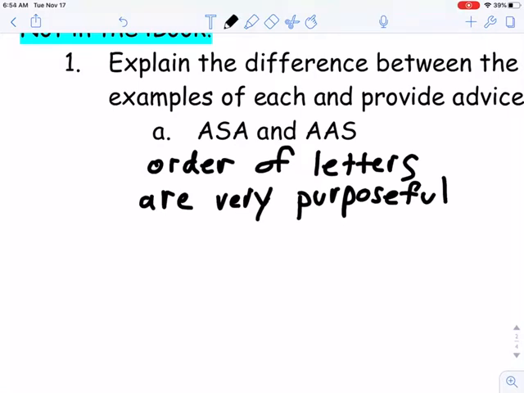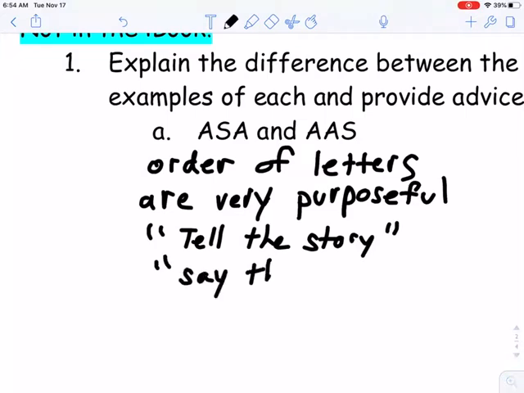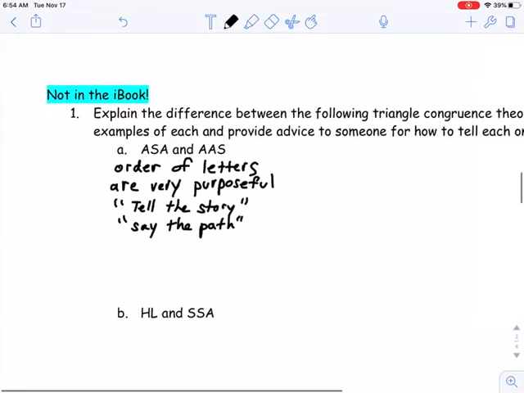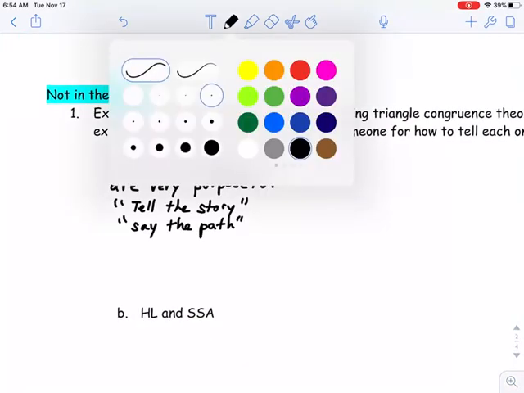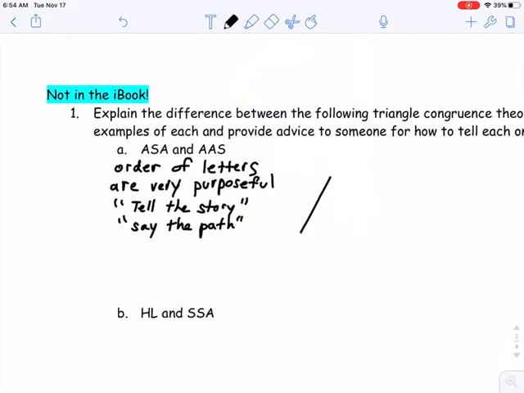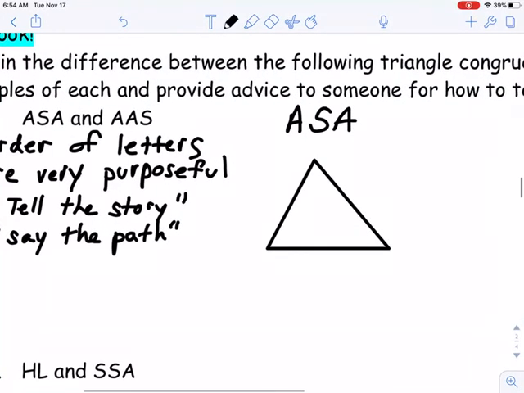They're not random. I like to say they tell the story or say the path. All right, now what do I mean by that? Let's just draw a random triangle. All right, now let's look at angle, side, angle. All right, let's call this